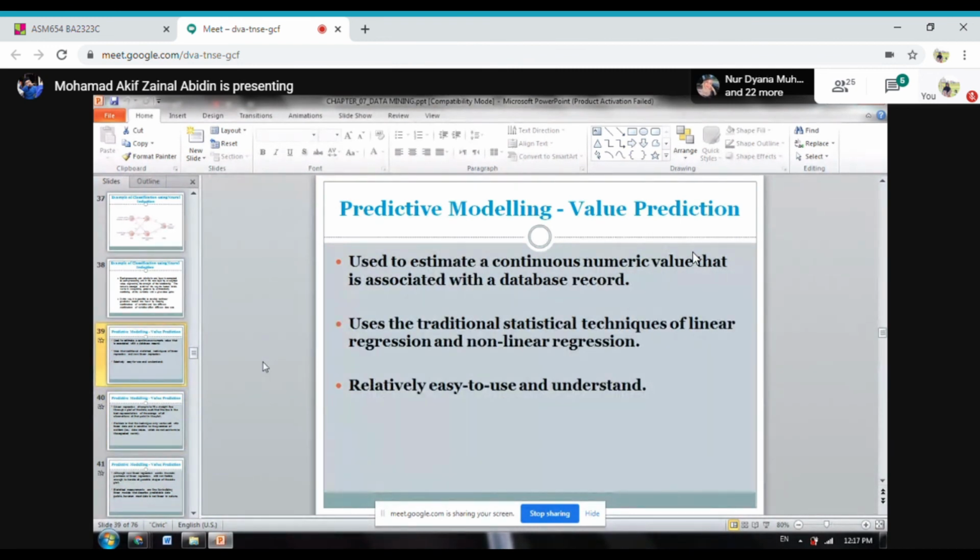So the keyword for the value prediction is continuous numeric value records. Compared with the classification, dia refer kepada labeling of classes. Okay, the labeling of classes to